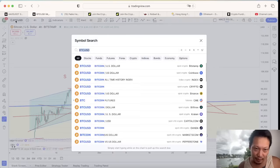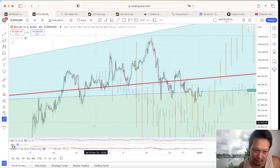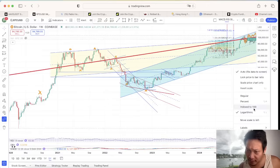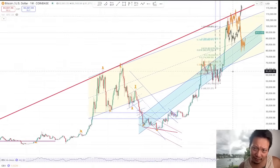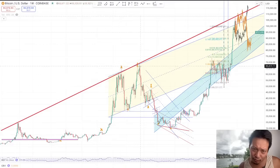Because here we go. If we don't use a log chart and just use a natural chart, see how this says logarithmic chart? Now we call it a regular chart. Then we see there's this massive resistance here. I spoke about this in one of my earlier videos, but let's do an update on this. We've had the 2018 top, 2017 to be exact, 2021, two tops, and this was the pattern we were just talking about before. And then basically this would connect here with